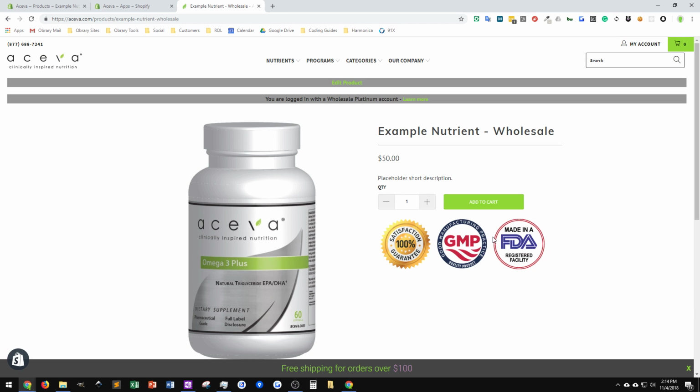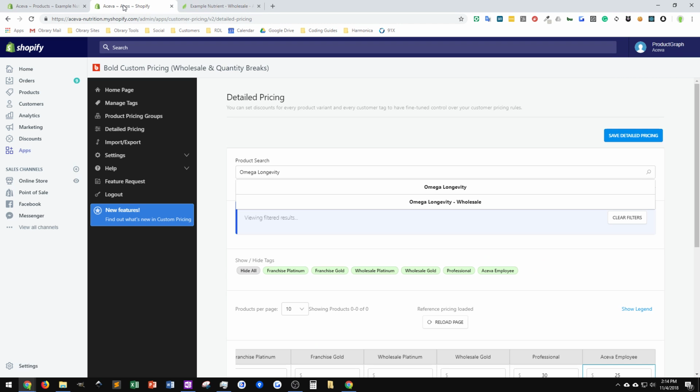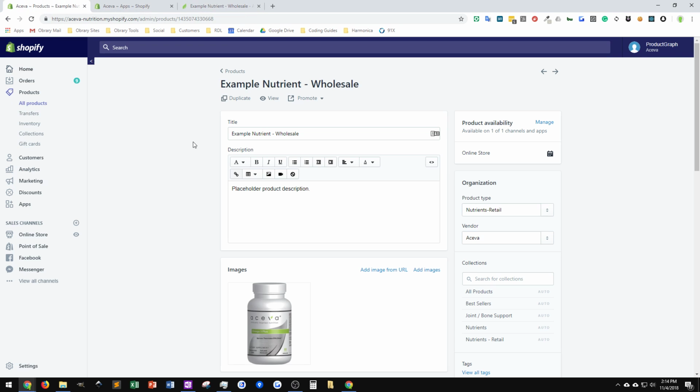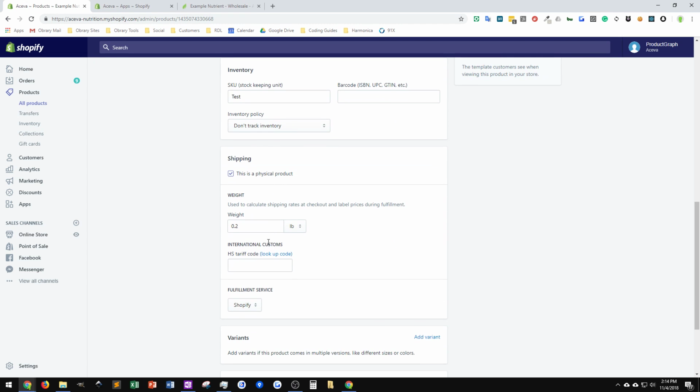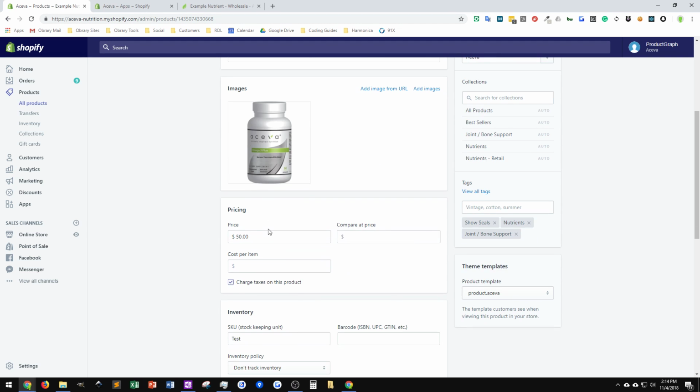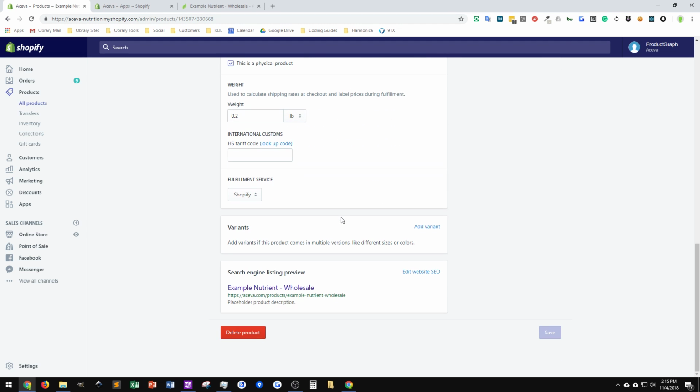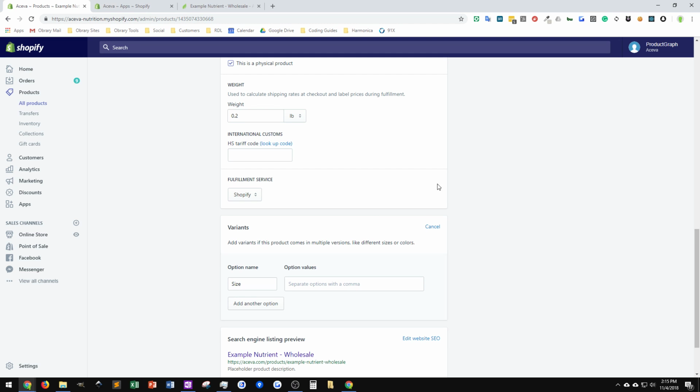So that is working, okay? Now the other thing with the wholesale is we've got the bottle as one of the variants, and now we have to add the case. So what we're going to do is go down the bottom here where it says add variant, and we are going to add a variant called package,